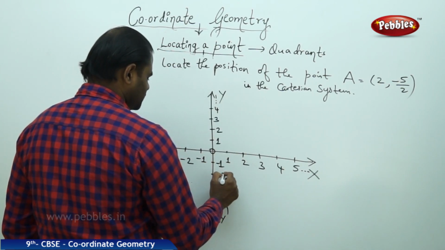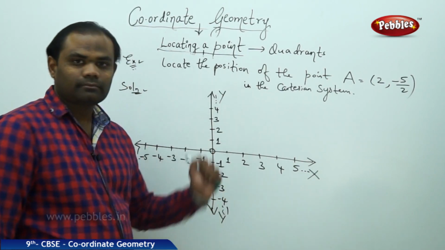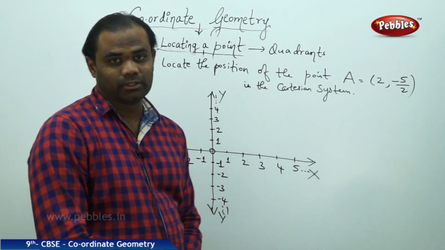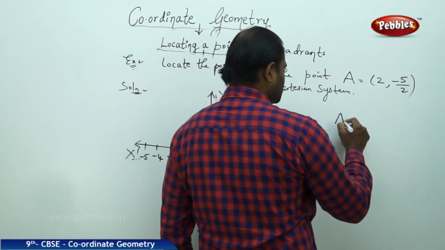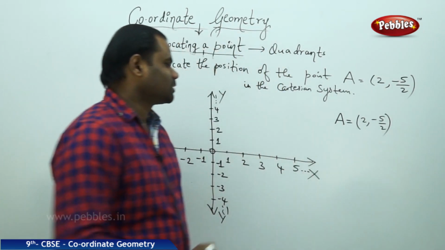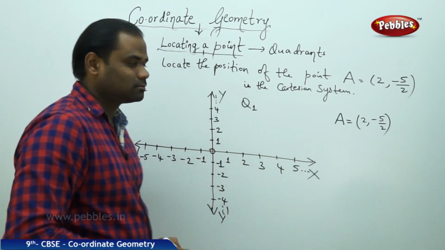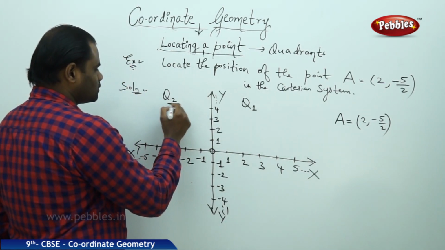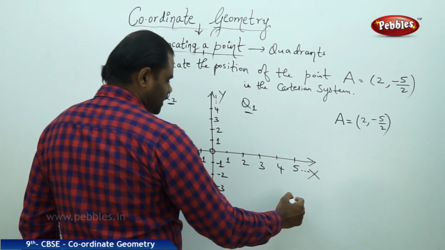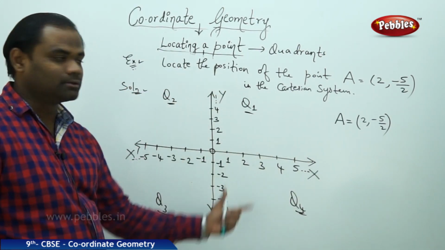I have the negative y values in this manner. Now comes the question on how to locate the point. So let's get back to the point A, which is given to be 2 and minus 5 by 2. As clearly seen, this region is called quadrant number 1, this region is called quadrant number 2, this region is called quadrant 3 and this region is called quadrant 4, in the anti-clockwise direction, Q1,